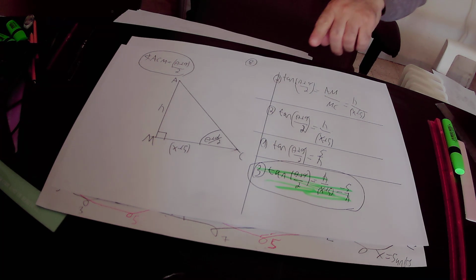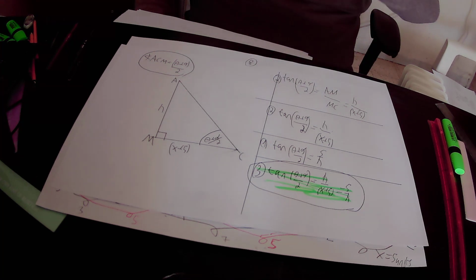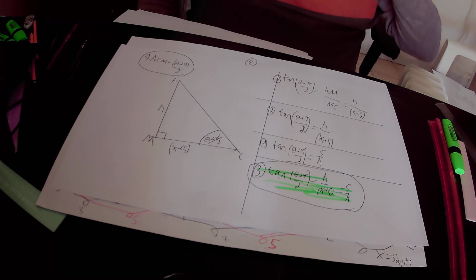Okay? Tangent of (theta plus alpha) over 2 equals AM over MC. AM equals H. MC equals X plus 5. So in conclusion, we found that according to equation number 2, tangent of (theta plus alpha) over 2 equals H over X plus 5. And according to equation number 1, we have already found that tangent of (theta plus alpha) over 2 equals